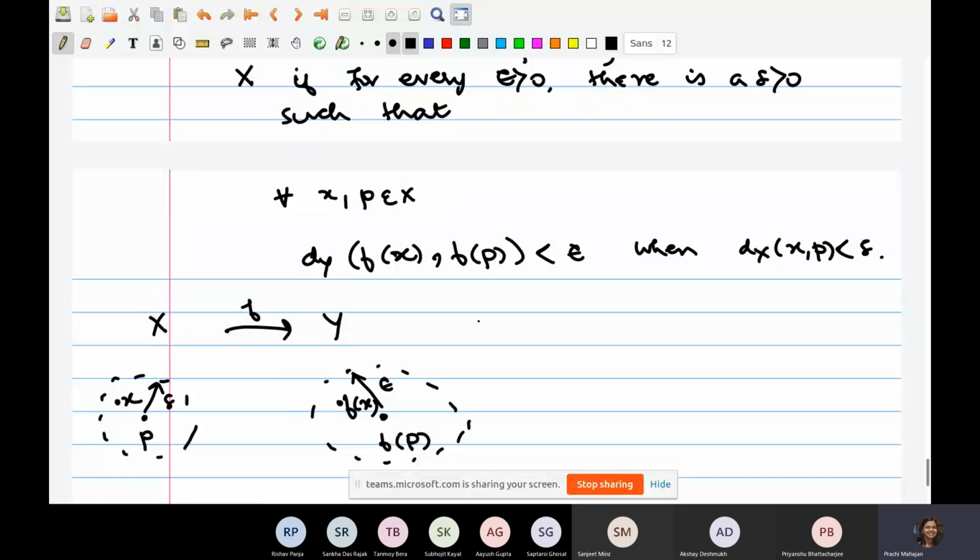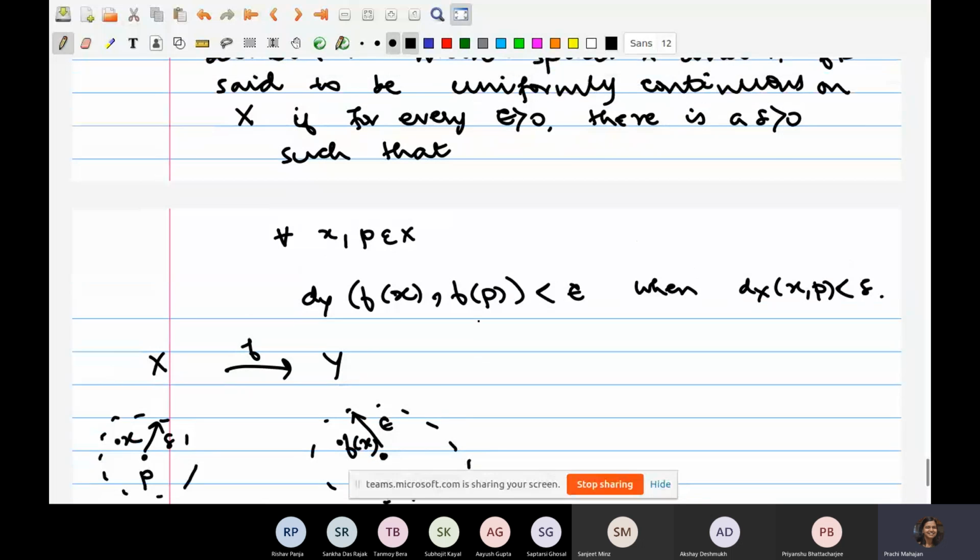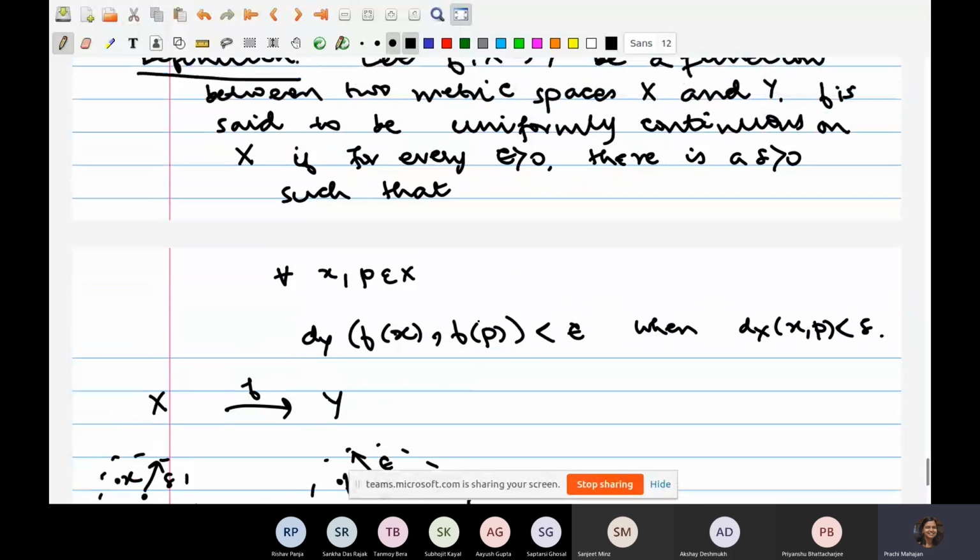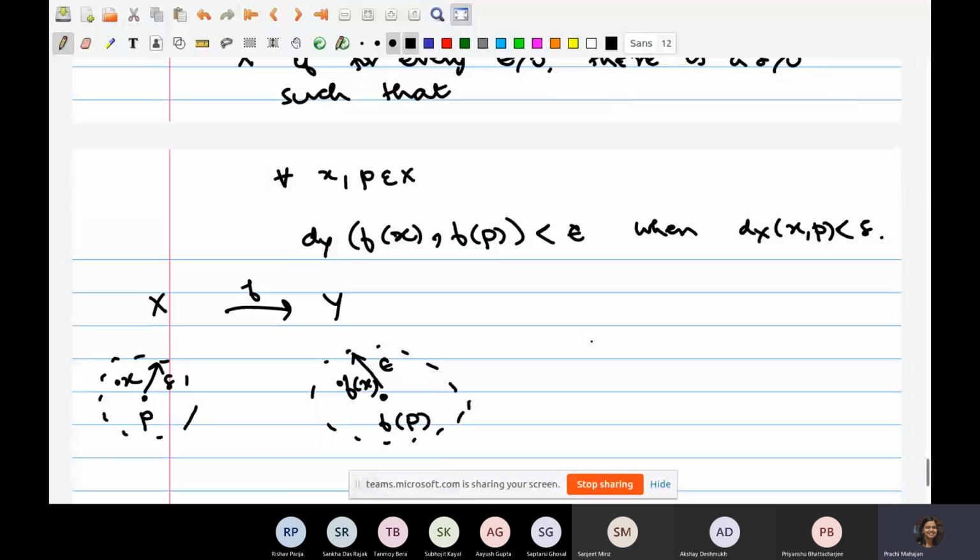Now, the point here is, how is uniform continuity different from continuity? The same delta works for all the points in X and p. So the delta here depends only on epsilon and not on the point where it is chosen. This is much in contrast to the example that we considered. Let me just highlight this. So, for example,